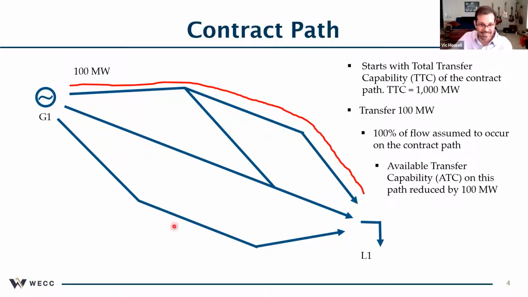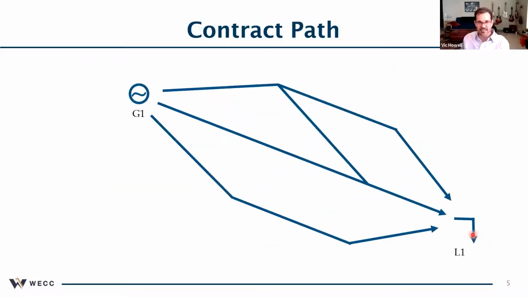Is there any ATC on this path? And the interesting thing about this contract path methodology is, and we're going to get into this here, that it doesn't really have a basis in reality, if you will, or how power actually flows in the system. For example,